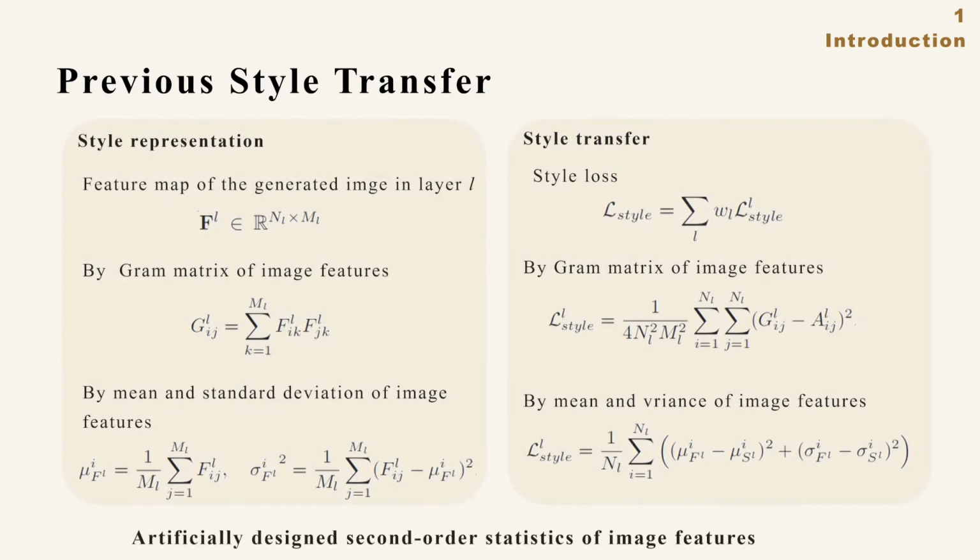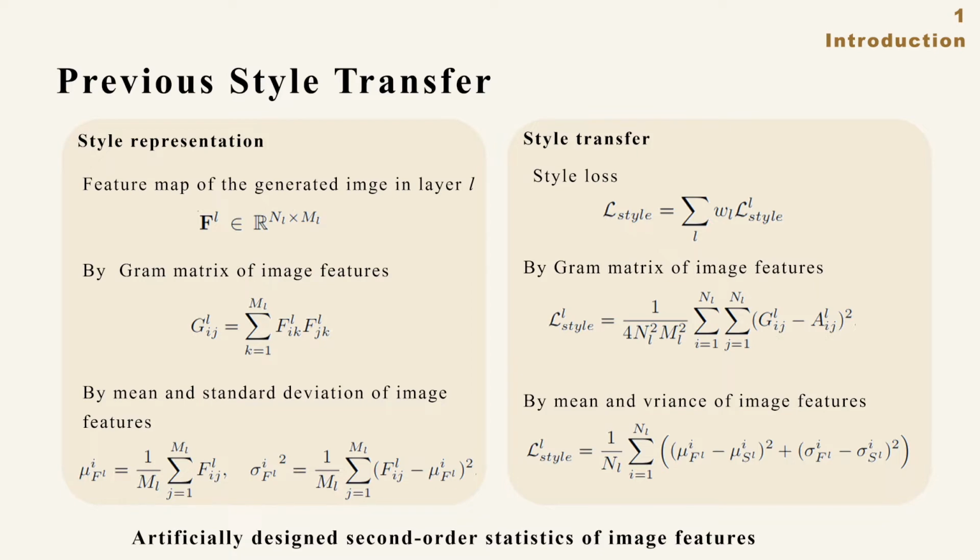The widely used second-order statistics as a global style descriptor can distinguish styles to some extent, but are not the optimal way to represent styles. By second-order statistics, arbitrary stylization formulates styles through artificially designed image features and loss functions in a heuristic manner. In other words, the network learns to fit the second-order statistics of the style image and generated image instead of